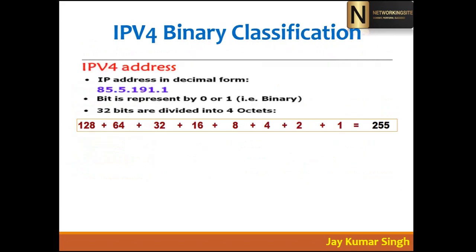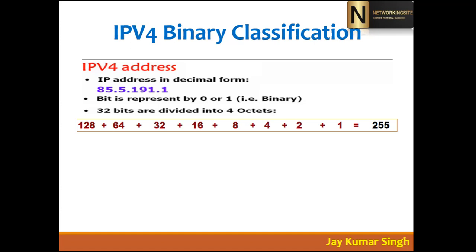IPv4 binary classification. Normally you will not find this type of work in your organization, where you need to convert your IP address to binary and binary to decimal. But as technical engineers, we should know all these things, because our computer understands bits, and bits are the calculation of binary. But as humans, we put decimal IP addresses. So how does the computer understand your decimal as bits?